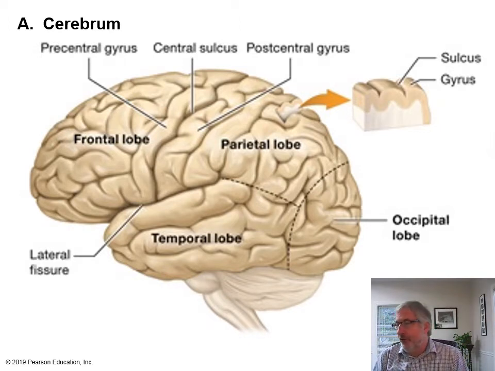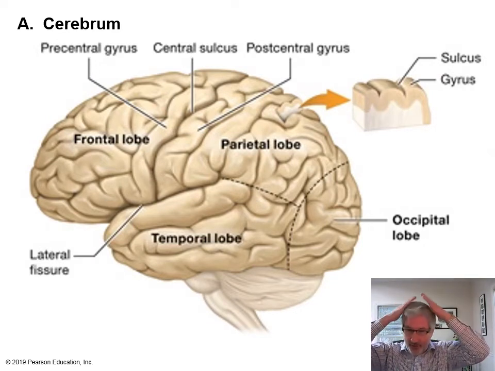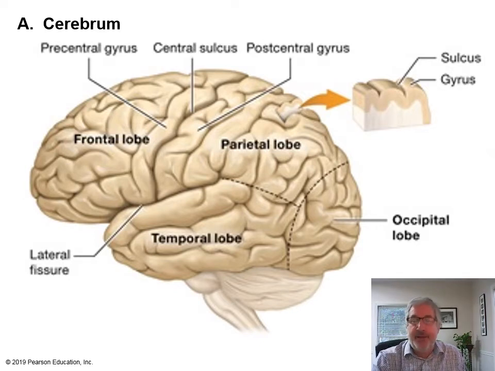If you remember the bones in the brain, we had the frontal bone, parietal bone, temporal bone, and occipital bones. So the frontal bone, parietal bones, temporal bones, and occipital bone back in the back. And so we have lobes that correspond to those same kind of things. We have the frontal lobe, we have a parietal lobe, we have a temporal lobe, and an occipital lobe.